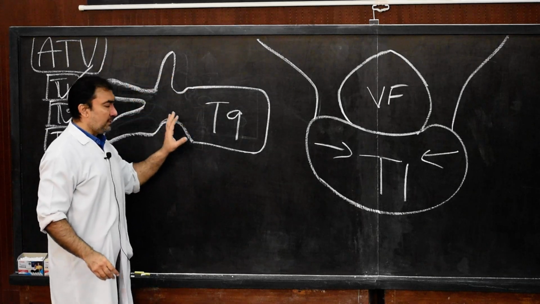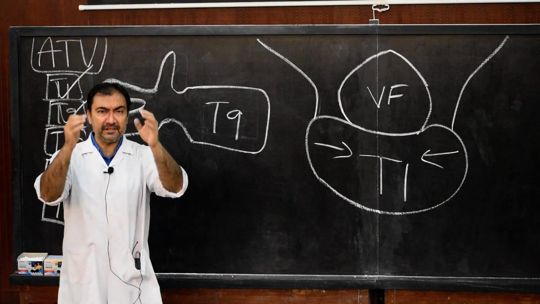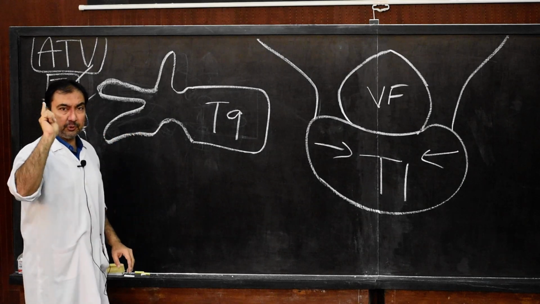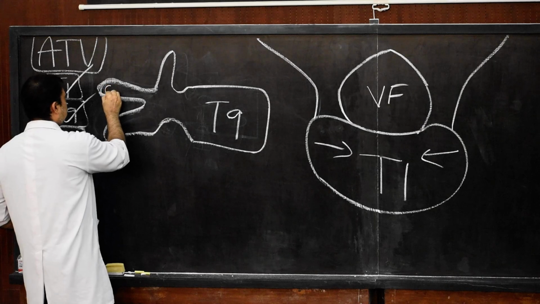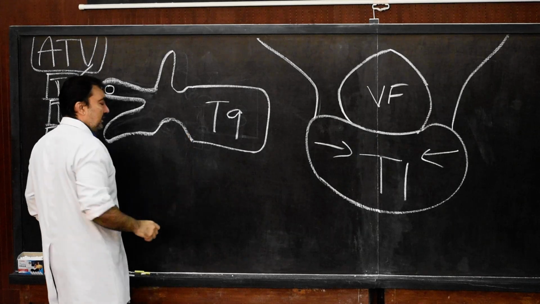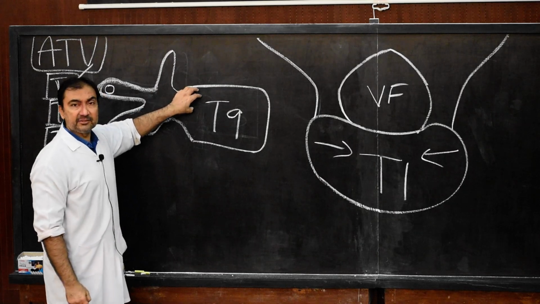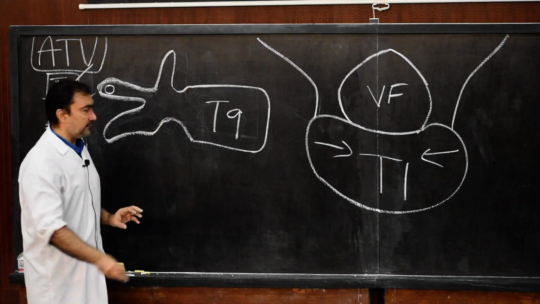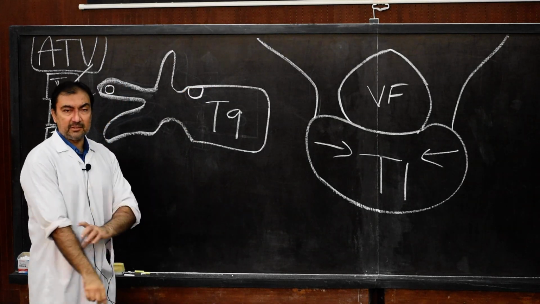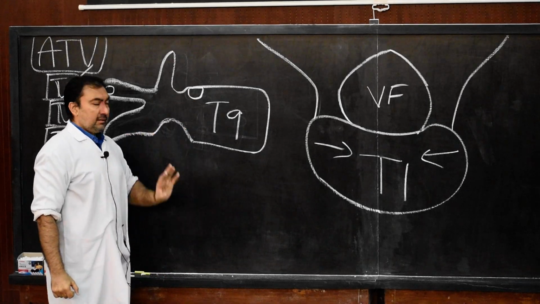Remember that T9 will resemble the typical thoracic vertebrae features. All the features of typical thoracic vertebrae will be present in T9, except only one. Costal facet present on the transverse process. Even there will be the costal facet which is present here at the superior margin. And that costal facet will be, once again, a demi-costal facet which is present on the superior margin for articulation with some part of the head of the 9th rib.